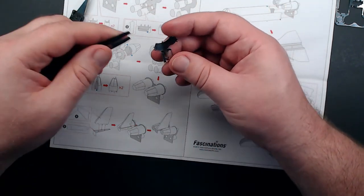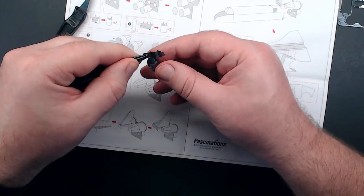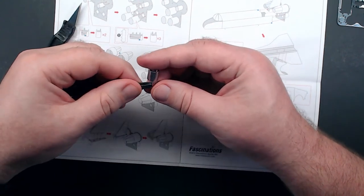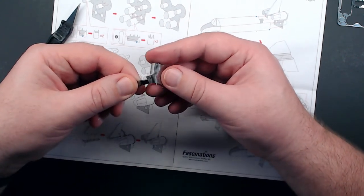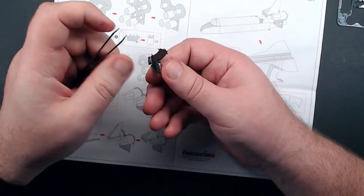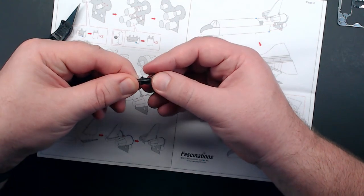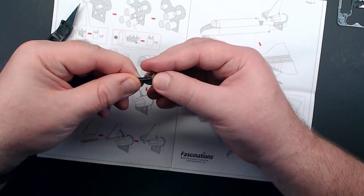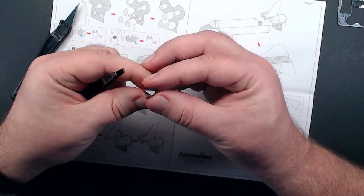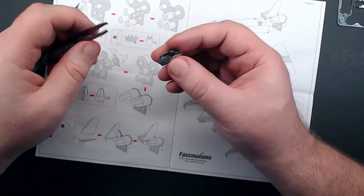But first, we need to go ahead and form up this hexagonal nose cone type shape up here. And so we're going to see where those slots, those dashed lines are. And we're going to go ahead and go around, and I'm just going to give a slight bend to all of those points. And then just kind of try and work this around. And while we're at it, what we're going to do